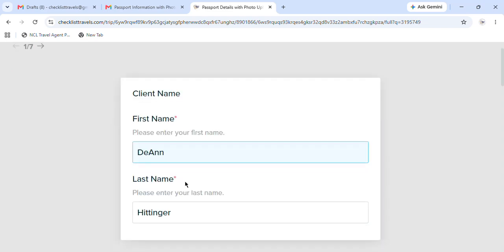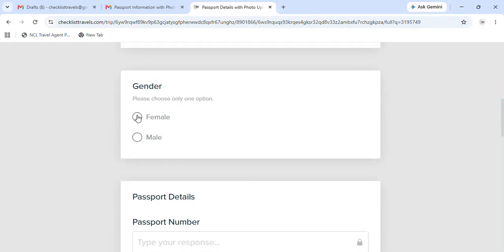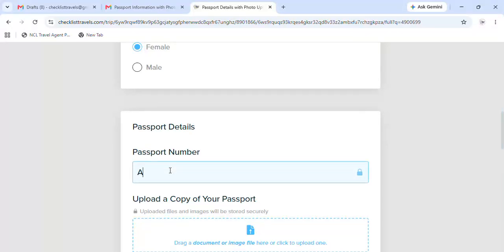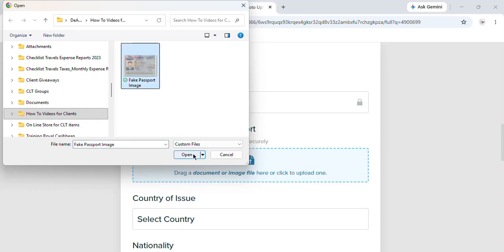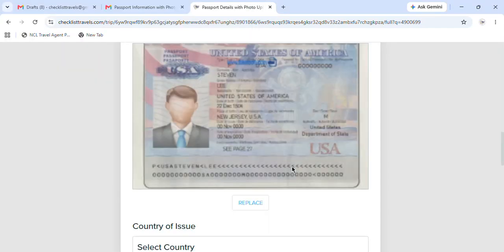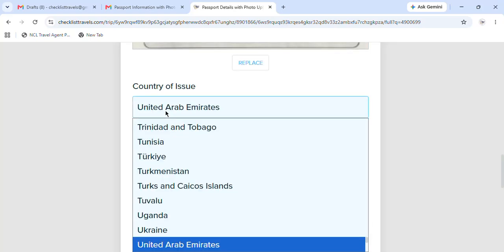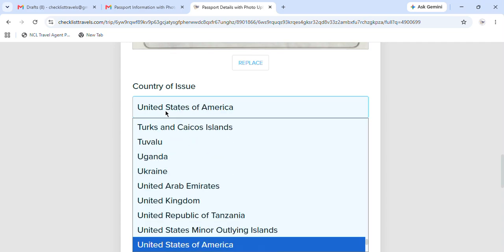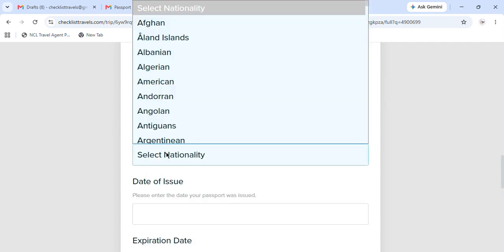you'll want to enter your name, your email address, your gender, your passport number, upload a JPEG of your passport, country of issuance, typically United States of America or Canada, and your nationality,